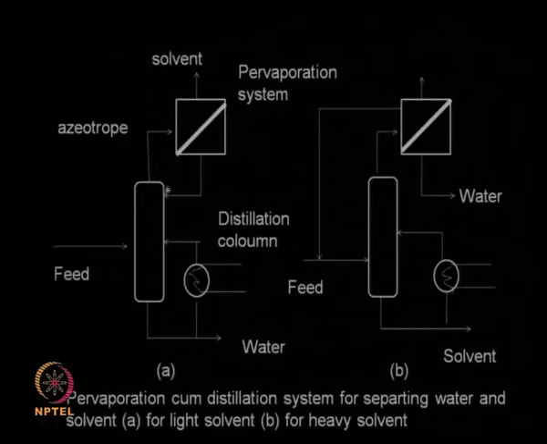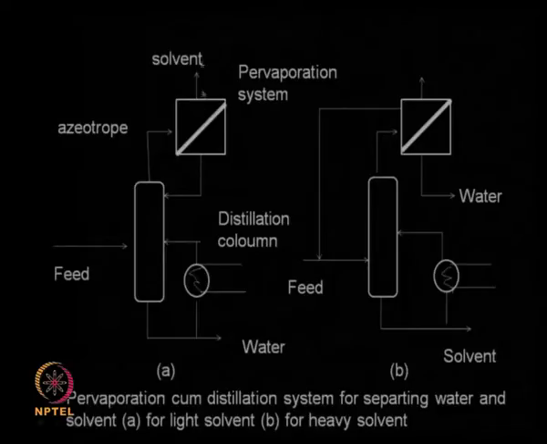So let us look at an aqueous light solvent system like this. You have the distillation column, you are introducing the feed here, and this is the boiler, the material is being heated up. Now if it is an azeotrope, obviously you will have a constant boiling system, then you will be in trouble, and as I mentioned before you may have to add an entrainer. So instead of that, if you pass it through a pervaporation system,